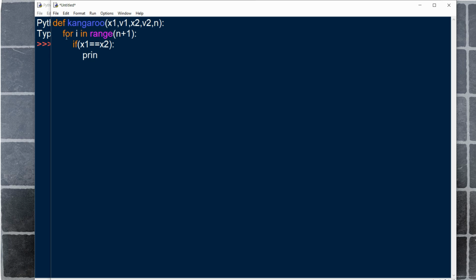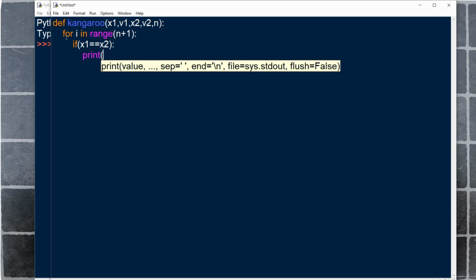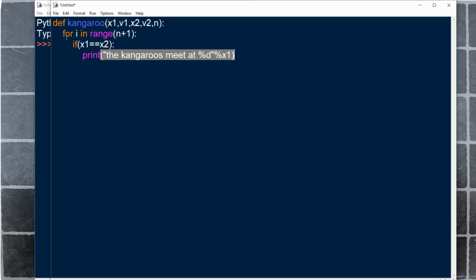If it is equal, then it needs to print the kangaroos meet at the position x1 or x2, since both are the same in this condition.